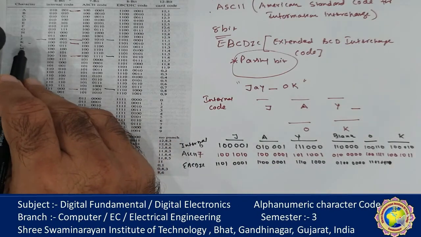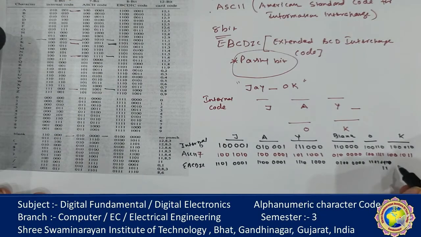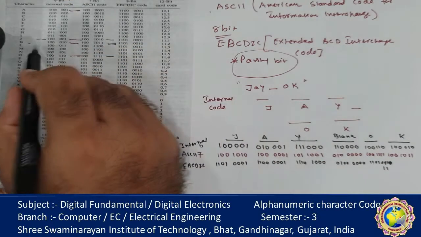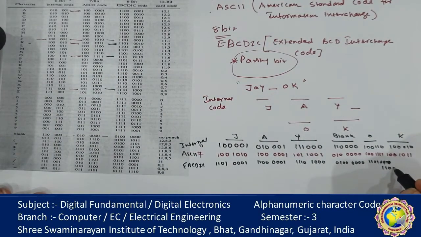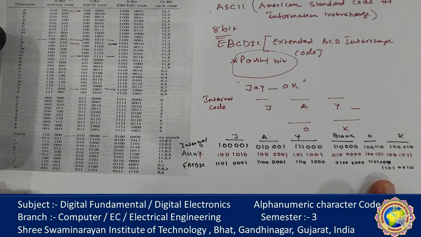and a K stands for 11, a little space I have written here, 1101 and 0010. See here, the parity is such that every combination has an even number of ones. So that means all the numbers have an even number of ones, and then it is a correct code, else there is some error in this code.